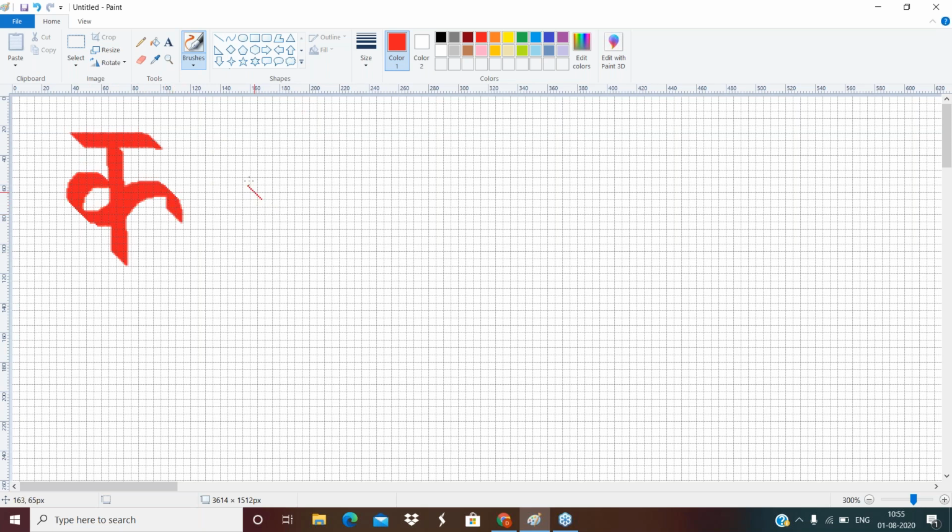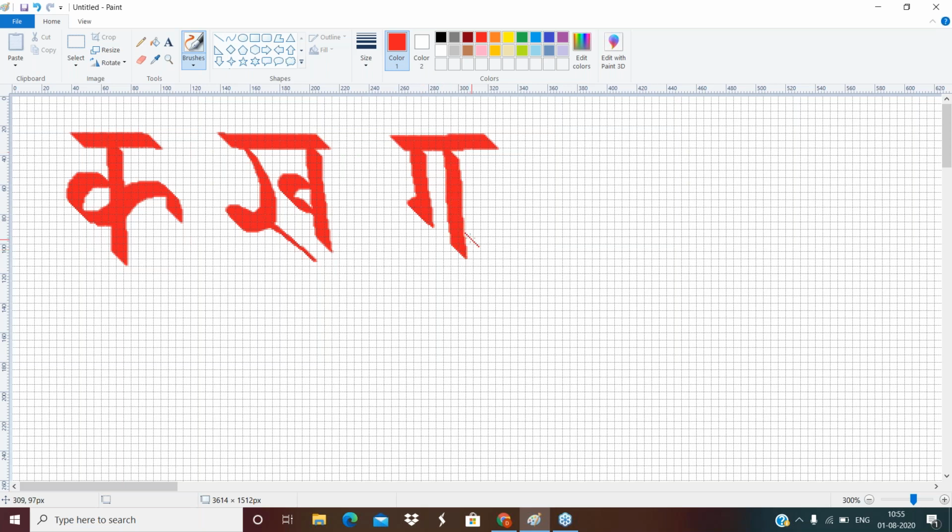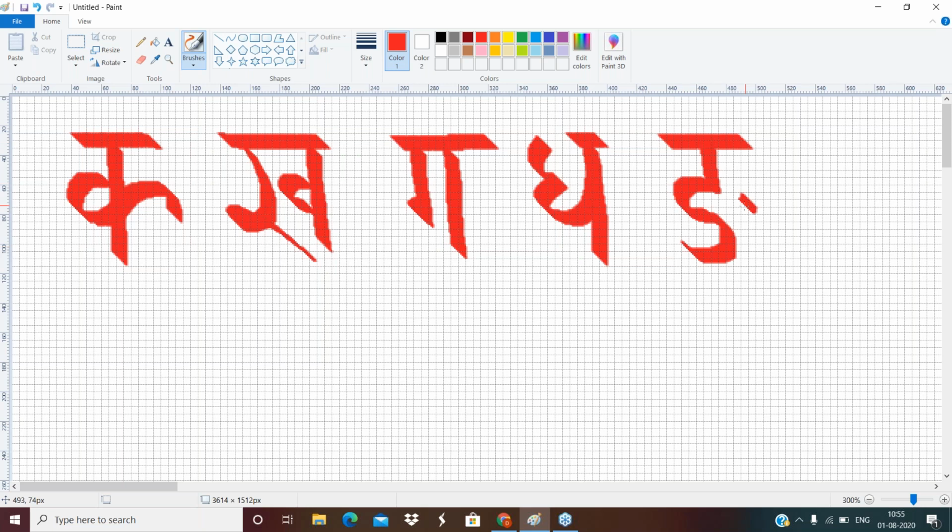I'm just showing the Devanagari first. So this is Devanagari.